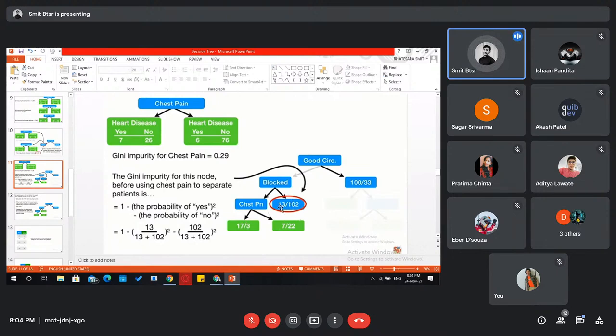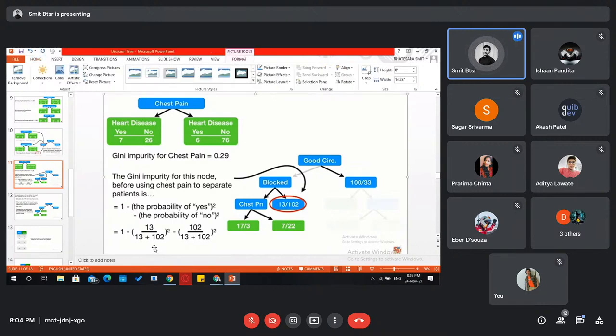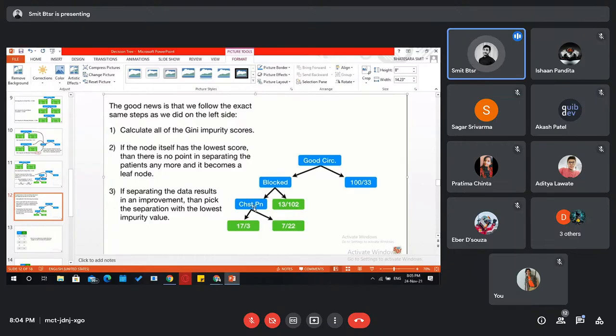Again, we find the impurity of this element, and in all the steps we just do the similar task repeatedly. So after asking 3 questions, we will stop. We will not ask any further questions. In this branch of the tree, we find the impurity, and after solving this, we got 0.2. So the impurity is very low, which means it's almost pure.